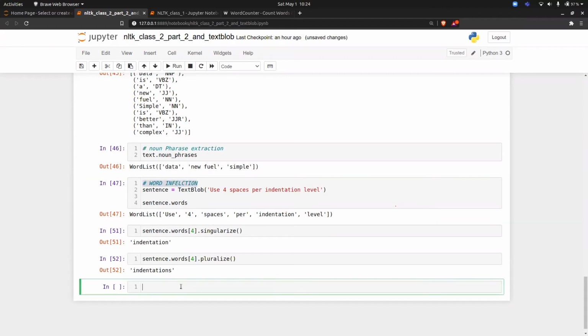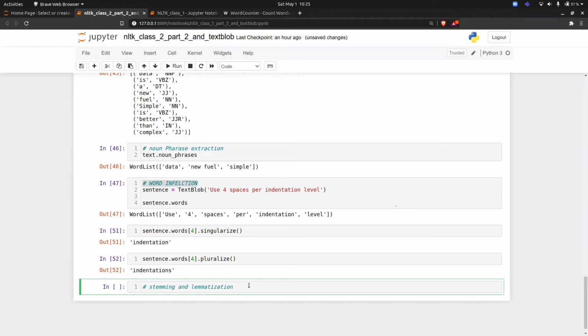Okay, now let's try to move to something called stemming and lemmatization. So can anyone tell me the difference between stemming and lemmatization? A quick revision. Stemming will convert a word into its stem form, which may or may not be useful. But lemmatization will convert a word into its root form, which will be a meaningful word. Meaningful, exactly. Yeah, correct.